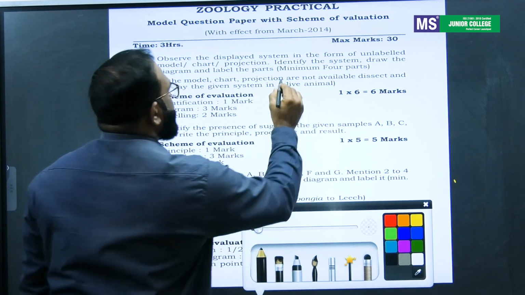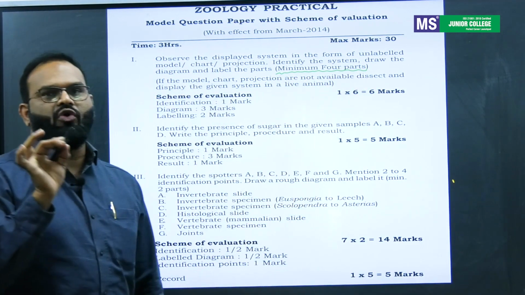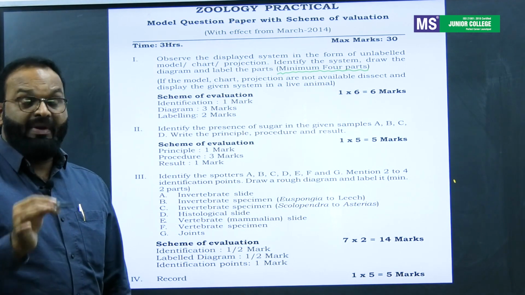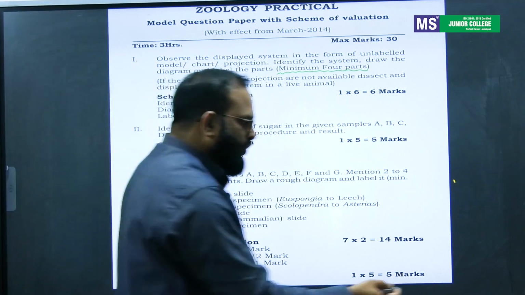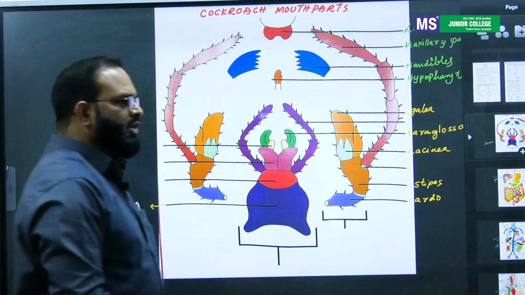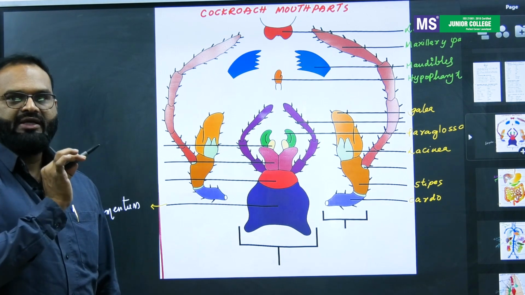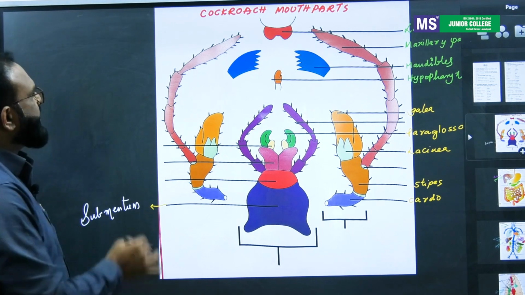And students, don't panic. You have to write a minimum of 4 parts. No need to write each and every labeling, but write correctly, students. I would like to show you all the charts now. In total, 11 charts are there in your zoology manual. Any one may come in your exam, and they are: